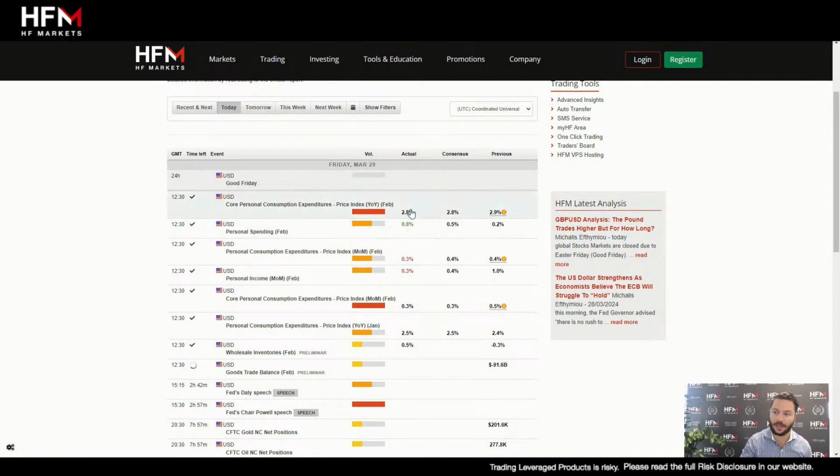Now we've got two announcements that we're going to look at. We of course need to look at personal spending. Personal spending, ladies and gentlemen, is actually coming in extremely high. If we look at the previous month, personal spending came in at 0.2%. It was expected to come in higher, at 0.5%. But ladies and gentlemen, it came in 4 times higher than the previous month and higher than that which was expected by the market. So this is definitely something which is bullish for the US dollar,